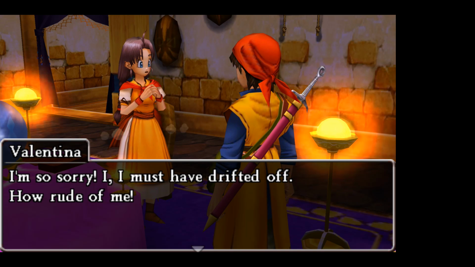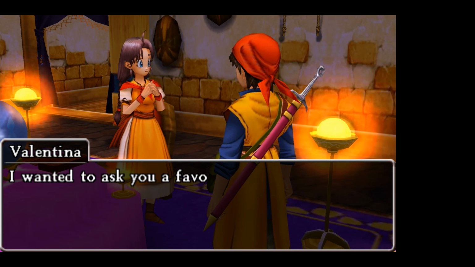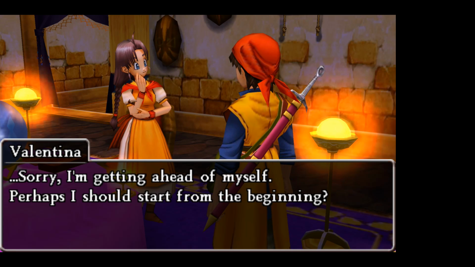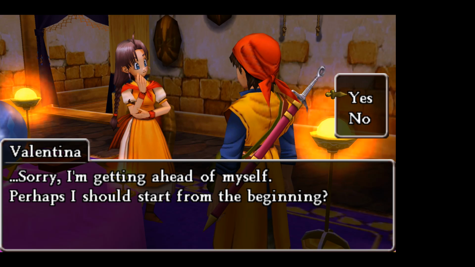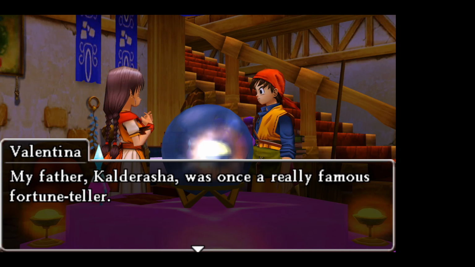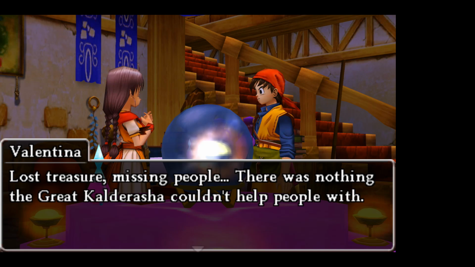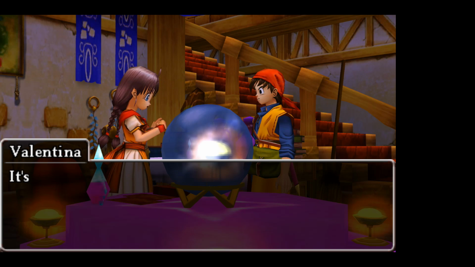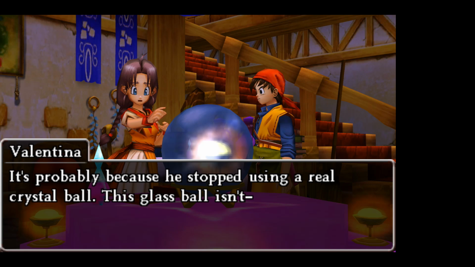I'm so sorry, I must have drifted off. How rude of me. I wanted to ask you a favor about this crystal ball. Sorry, I'm getting ahead of myself. Perhaps I should start from the beginning? Please do. Of course. Let me explain. My father, Kaldarasha, was once a really famous fortune teller. Lost treasure, missing people. There was nothing the great Kaldarasha couldn't help people with. But then one day, he lost his powers. All of a sudden, nothing he foretold turned out to be true anymore. It's probably because he stopped using a real crystal ball. This glass ball isn't...